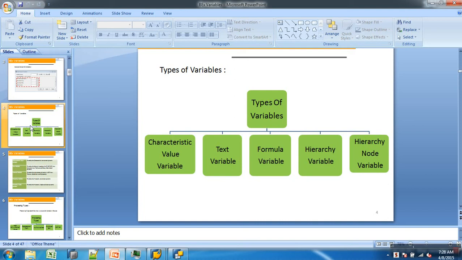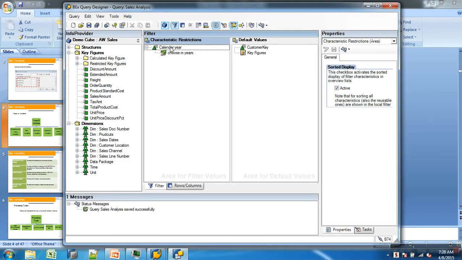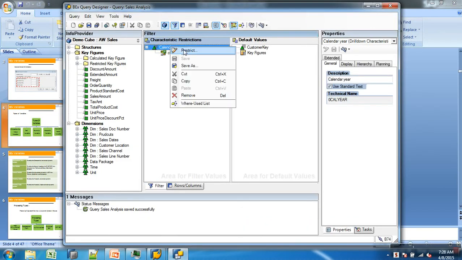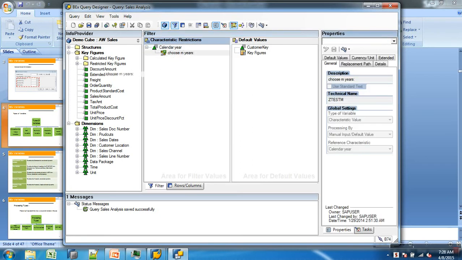Whether it is the filter, or inside a restricted key figure, or inside a new selection, wherever it is, if you want the restriction on a characteristic dynamic, then you will go for a characteristic value variable. I'll show you. For example, this was a characteristic, right? Filtering. Am I doing restriction here? Yes or no?